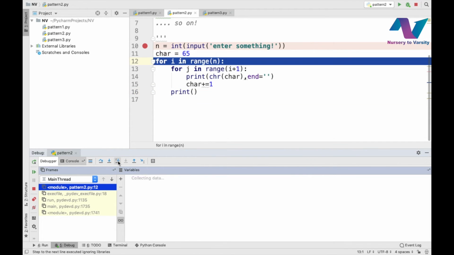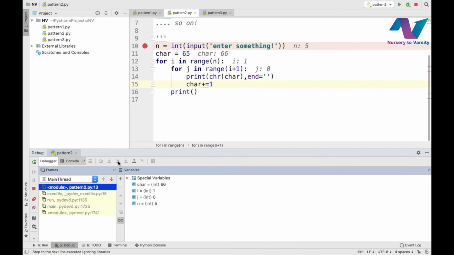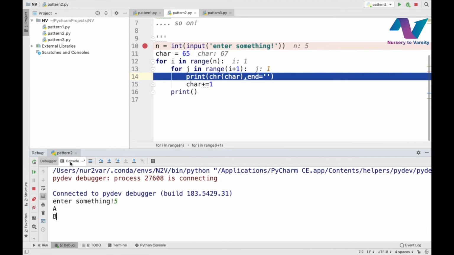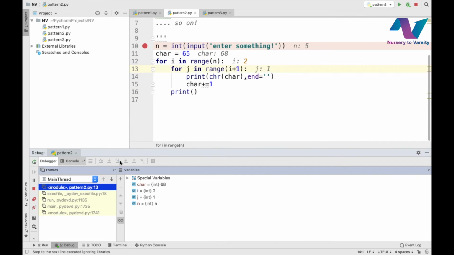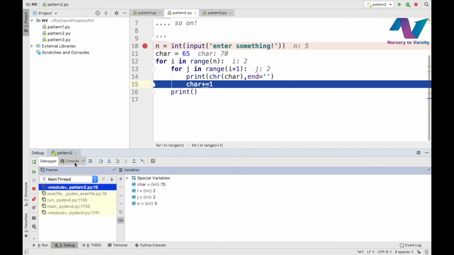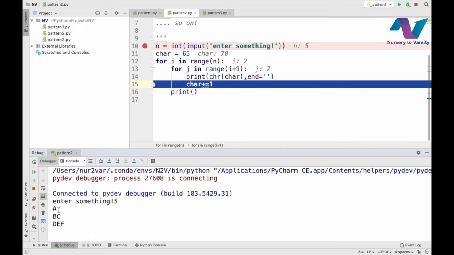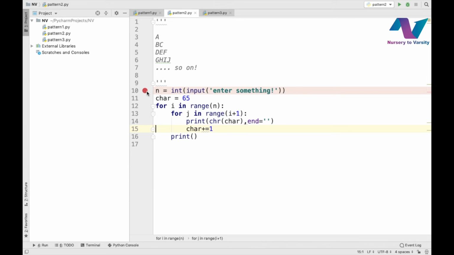So again we will press it this way, and as you can see the pattern has started being made. We'll press it repeatedly a few times and you can see the pattern being drawn. So this is the way we can debug it, and I hope you have understood this program. Now without wasting any time, let's move to our next pattern, and this pattern is literally interesting,